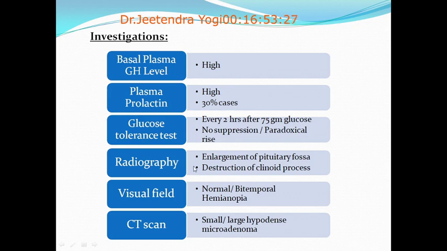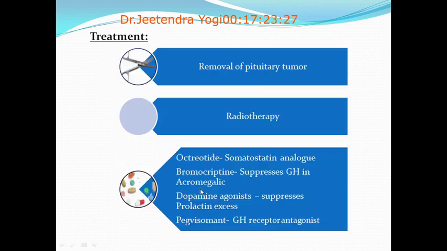In radiography, we will see the enlargement of pituitary fossa or destruction of clinoid process. In visual field abnormality, we can detect the normal or bitemporal hemianopia due to the compression of optic chiasma. And in CT scan, we can see the small or large hypodense microadenoma in pituitary gland. So these are the investigations we have to go through to detect the acromegaly or gigantism. The treatment part of acromegaly or gigantism are: